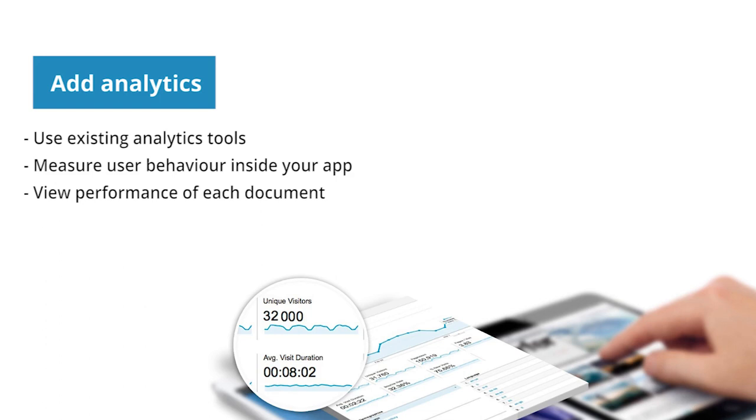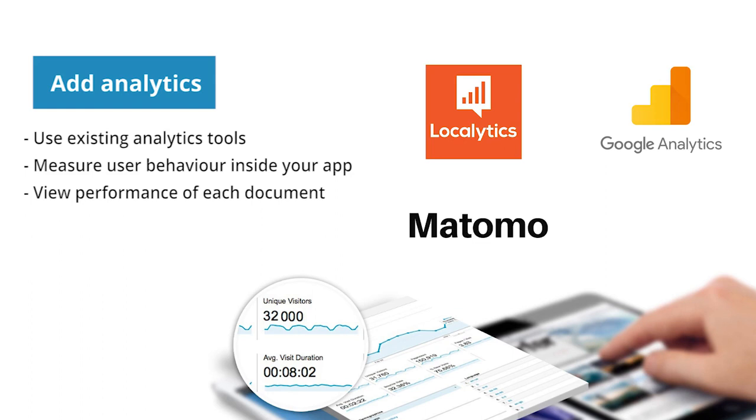But one of the most important features for mobile apps is the ability to measure the user's behavior and the content consumption. Rakuten Aquafadas apps come with reporting capabilities for the major analytics solutions on the market, like Google Analytics, Localytics, and Matomo, previously known as Piwik, and soon the Rakuten Analytics.